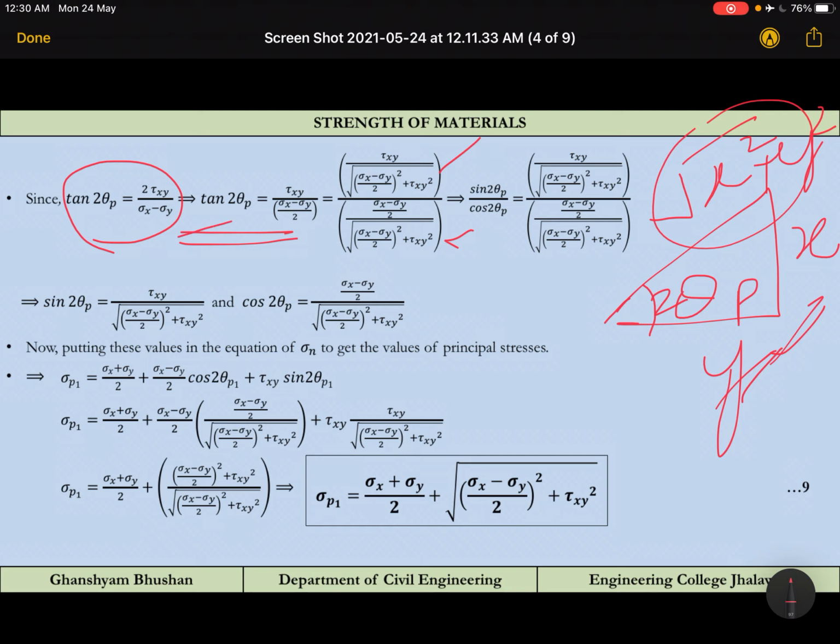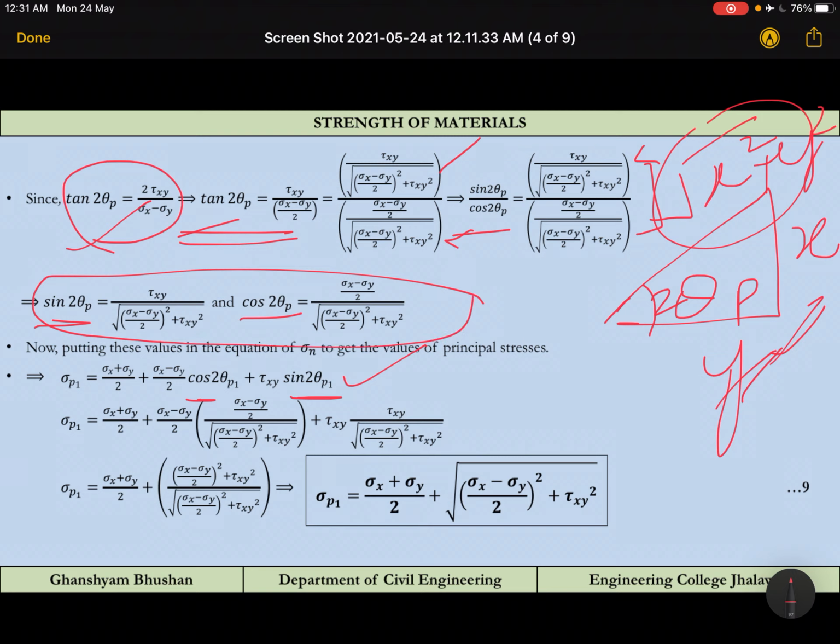Tan 2θp is nothing but sin 2θp divided by cos 2θp. So this ratio is equal to sin 2θp divided by cos 2θp, and from here we get the values of sin 2θp and cos 2θp. Why are we doing so? Because it will be easy for the calculation. Here you can see cos θ and sin θ both are there, so we have directly calculated the value. Otherwise we would have to convert these values into tan θ and cos θ, then do some manipulations, and it would be tedious. So here itself we have calculated the values of sin 2θp and cos 2θp.